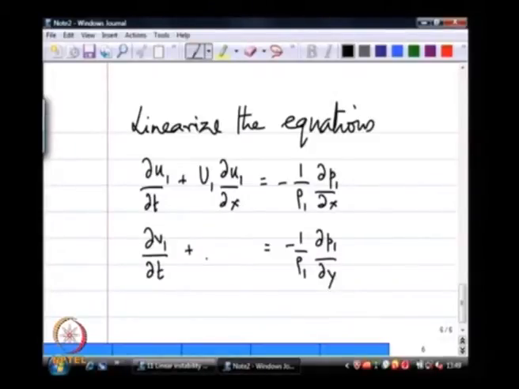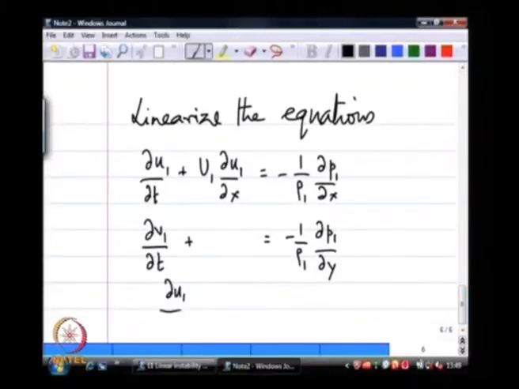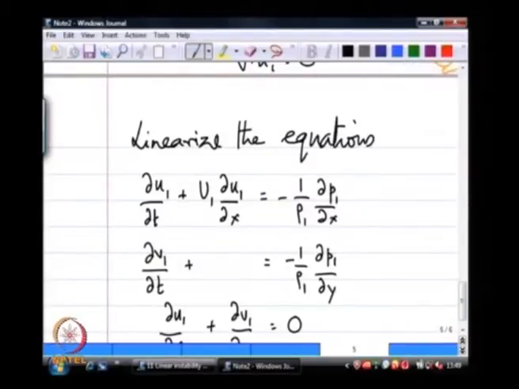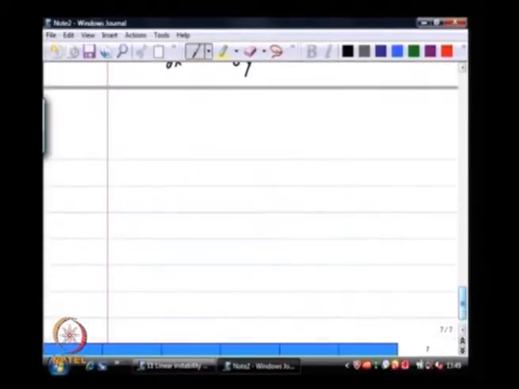Because there is no mean velocity in the y direction, so these are the equations as far as fluid 1 is concerned. If I rewrite that for fluid 2,